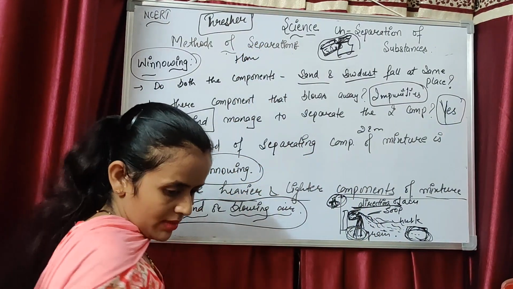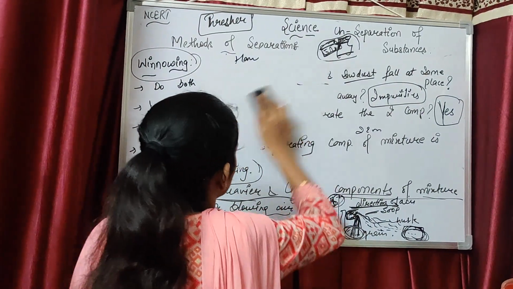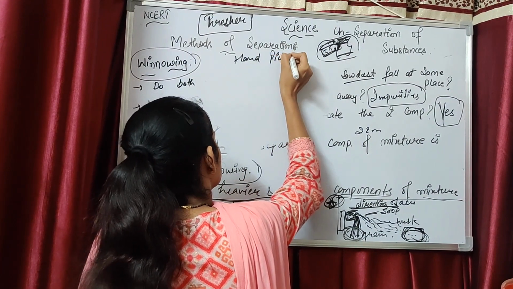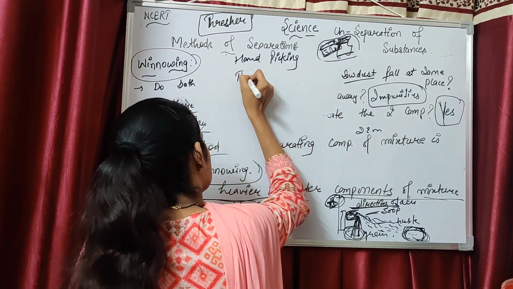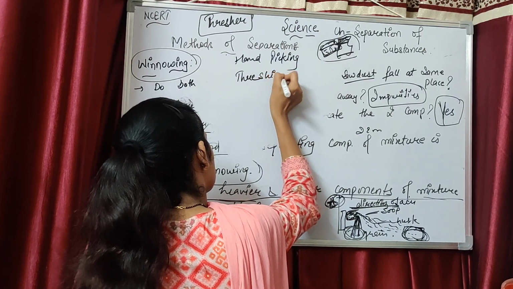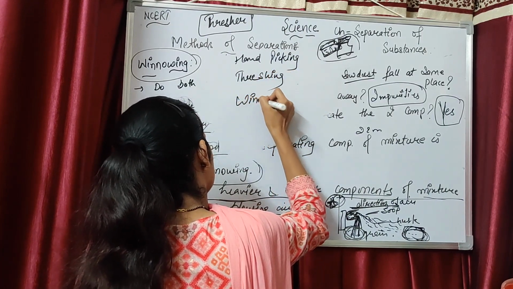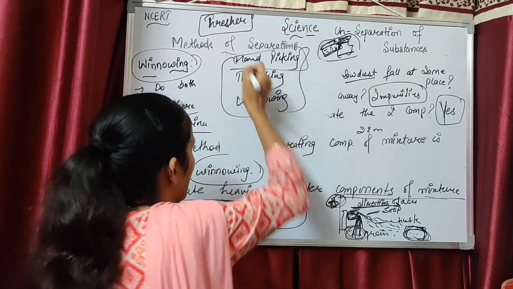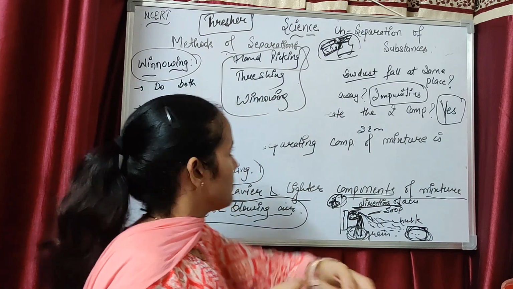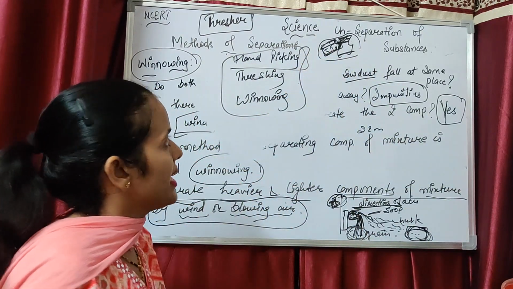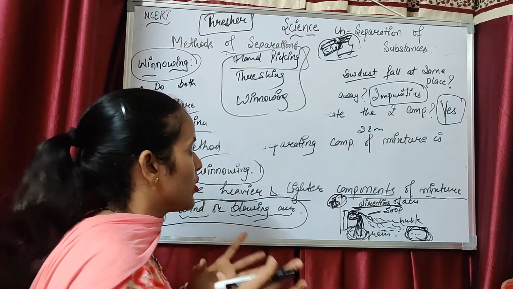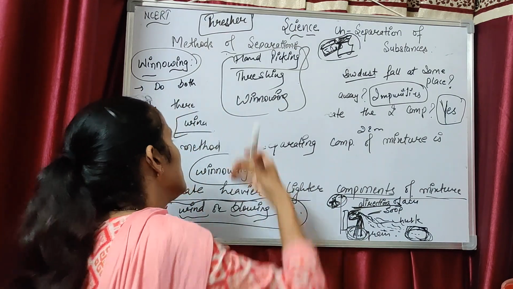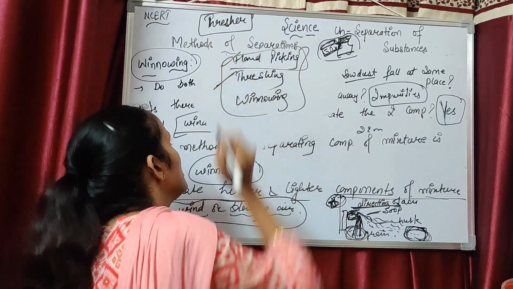Hand picking, let me make some place for writing. Hand picking, threshing and winnowing. Firstly, in hand picking, both particles have the same size and both are heavier in weight, and both are visible by our naked eyes, so we can separate them easily by hand picking. So clear? And second is threshing, in which